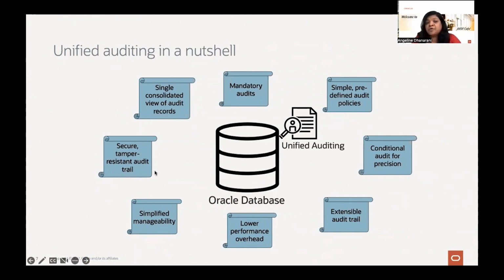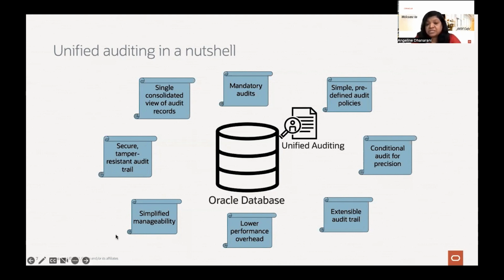And this point is quite important: with this Unified Audit Trail, there are no DDL or DML operations permitted on the audit trail itself, and all those attempts are mandatorily audited. So the audit trail itself is quite secure. And we have controls like TDE and Database Vault realms around these audit trails to make sure it's protected even from the administrative users. And compared to the traditional audit, there is a lot of reduction in the performance overhead.